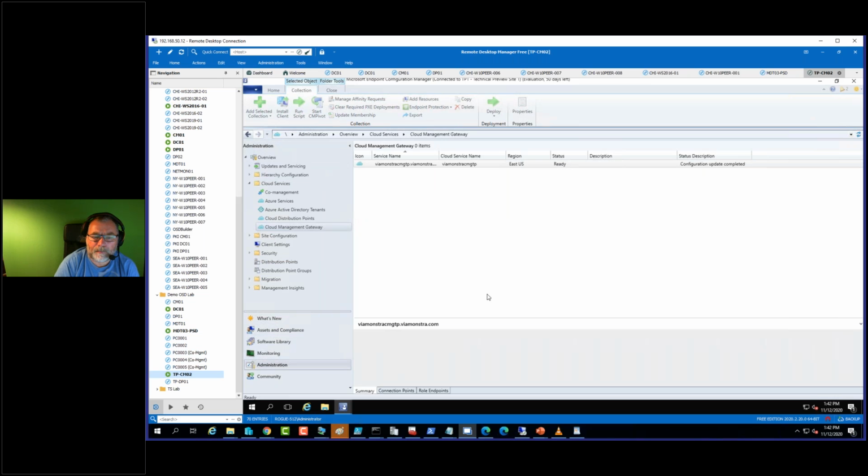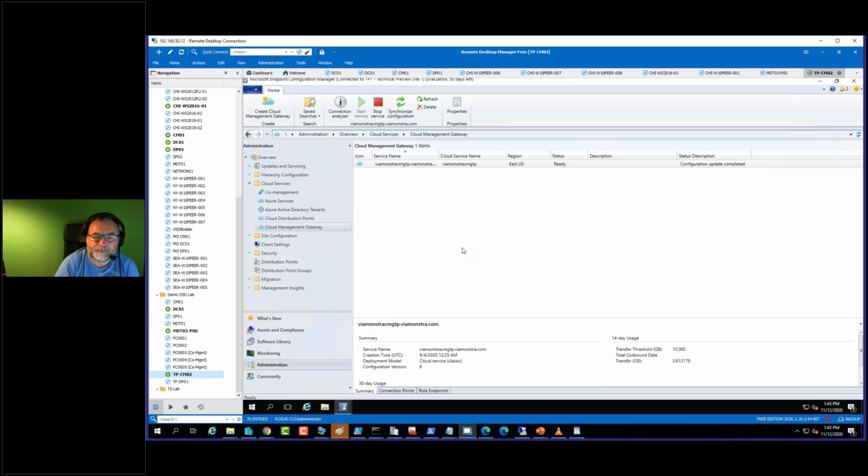So in my lab here, I actually have two CMGs in my environment, one that I'm running in my normal production environment and one that I'm running in the technical preview. And of course, to be able to do the pure cloud imaging, I have to be in the technical preview right now. But other than setting it up and doing the configuration, the certs and the applications, of course, you